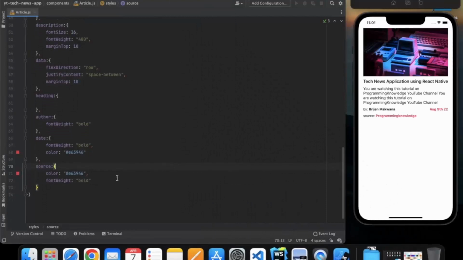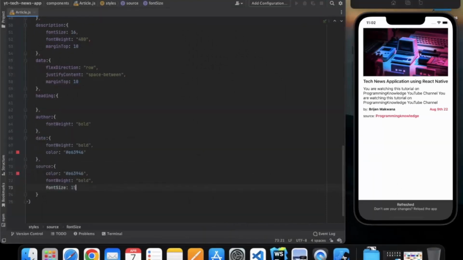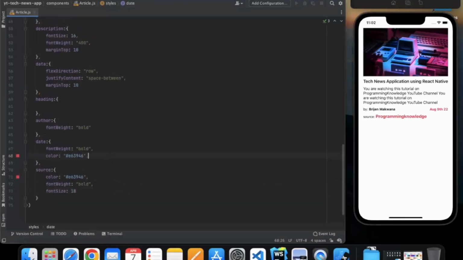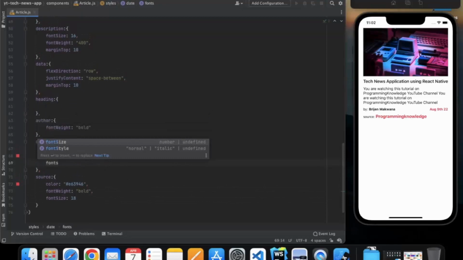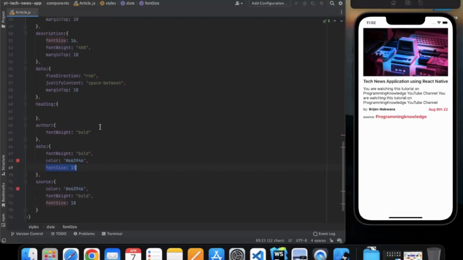And let's also increase the size. Okay, let's also increase size over here. 15. Let's just copy this. Okay, so